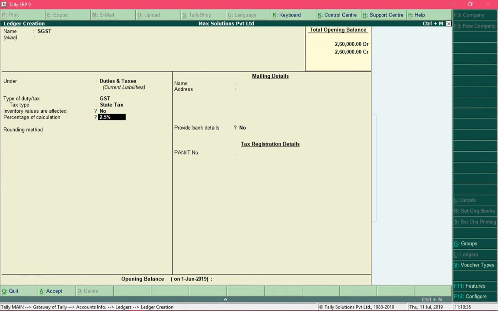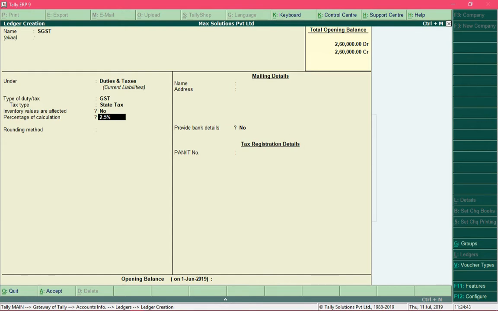But we have products which attract 9% of SGST. So specifying a percentage over here would not be an ideal solution, and the applicable tax rate information will be extracted from the group where we define the tax details for each product. If you remember, we have already defined the tax details at group level, so we need not specify any percentage over here. Whenever SGST needs to be calculated, Tally will look for the tax information present at the group level and will apply the appropriate percentage of SGST.